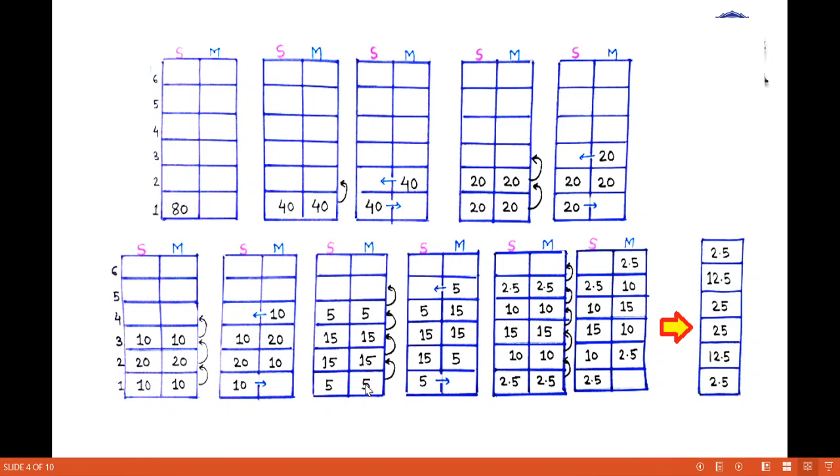Then the mobile phase is the running phase. That's why all these amounts go into the next theoretical plates. 5 goes here, 15 goes into the upper plate, and this 15 here, and 5 also goes here. The situation is observed like this. Then again the equilibrium is present, so 5 is divided into 2.5 and 2.5. This 15 plus 5 is 20, and the equilibrium is 10 and 10. Then 15 and 15 the same, this 20 again 10 and 10, and 5 into 2.5 and 2.5.